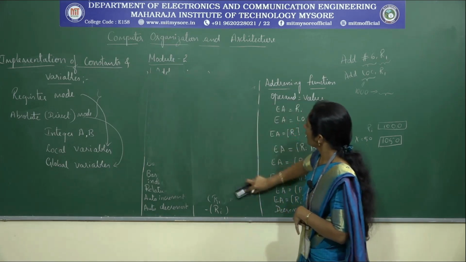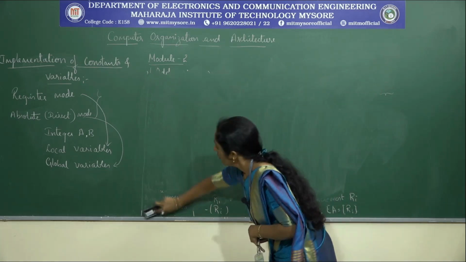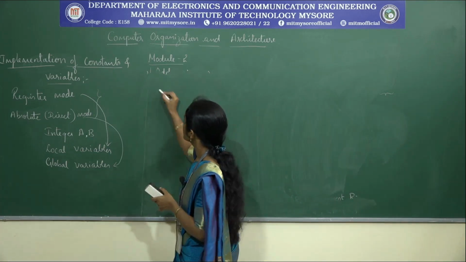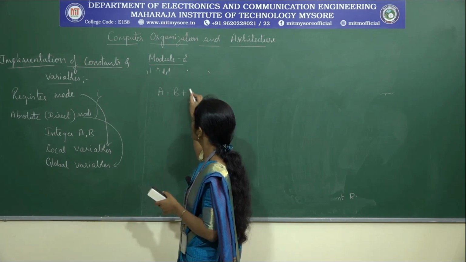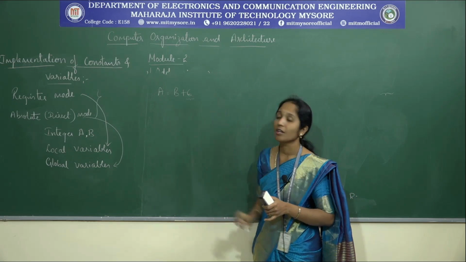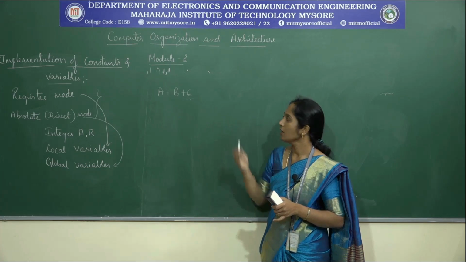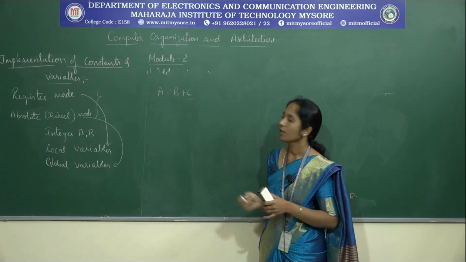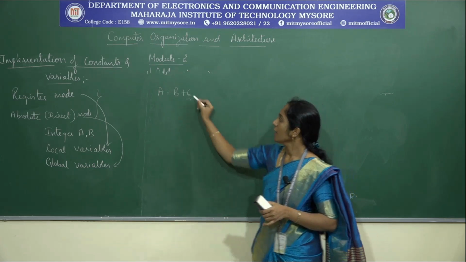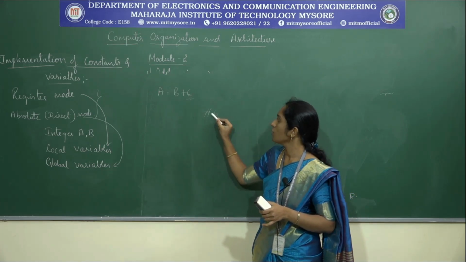Say for example, if you want to represent an instruction in high level language, say some a is equal to b plus 6. Let us consider the example as a is equal to b plus 6. In this statement, we have a constant 6, because in high level languages we usually use constants in many of the operations, and one such example is a is equal to b plus 6. In this, you can use this 6 as #6 in order to add to b.